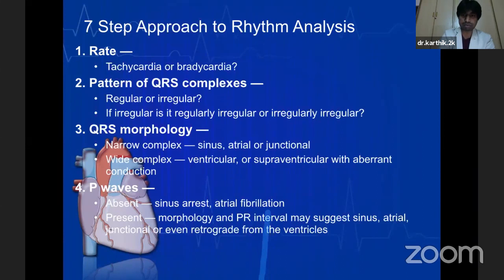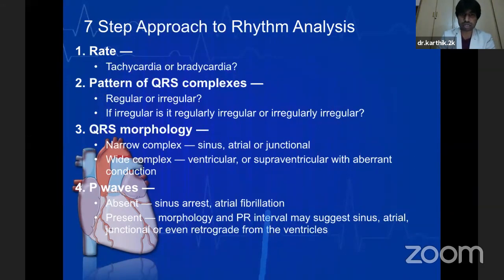So we'll be discussing in detail about the QRS complex in the next few slides, but here you need to know the pattern of the QRS complexes, whether the QRS complexes are happening at regular intervals or they are occurring at irregular intervals, whether the RR variation is regular or irregular. If it is irregular, is it happening at regularly irregular intervals, or is it irregularly irregular? That means the extra event, whatever is happening, whether it is with tachyarrhythmia or bradyarrhythmia, is it happening at recurrent intervals after a few fixed beats, or is it happening at random events?